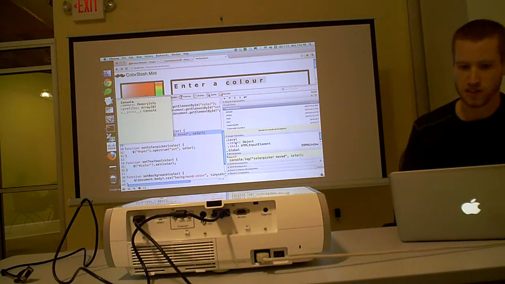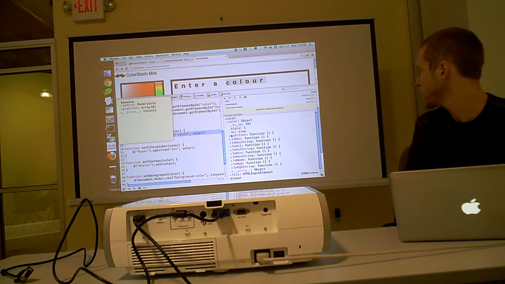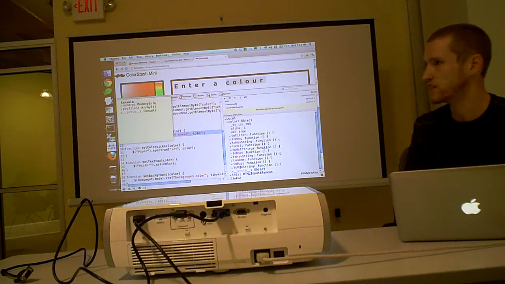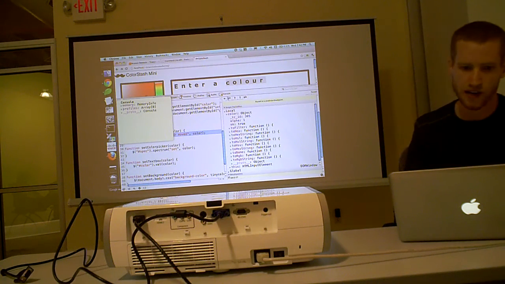So the other cool thing is once you're inside of this breakpoint, I can go through a tree view of the parameter, and I can see all the functions that it has and all the settings on it and everything. And if I go over to the console,